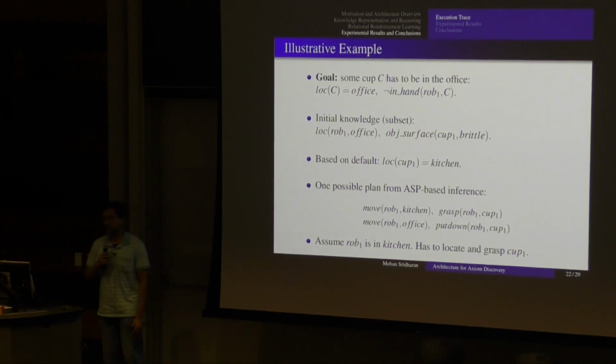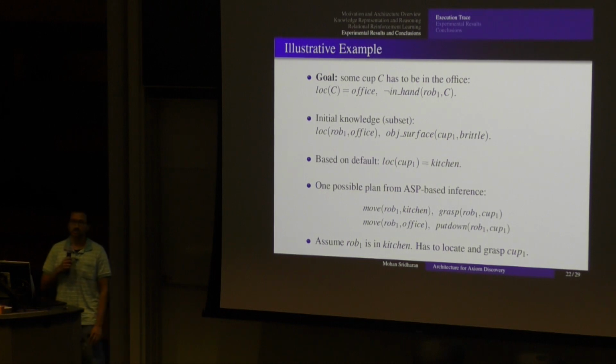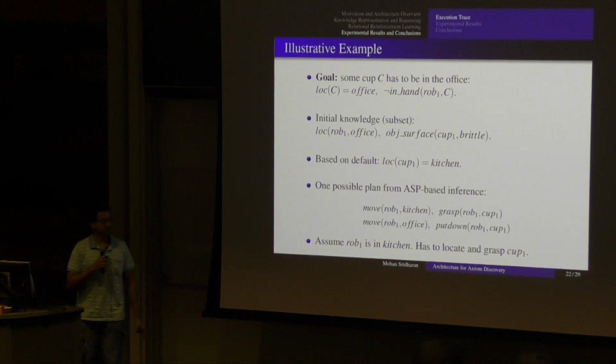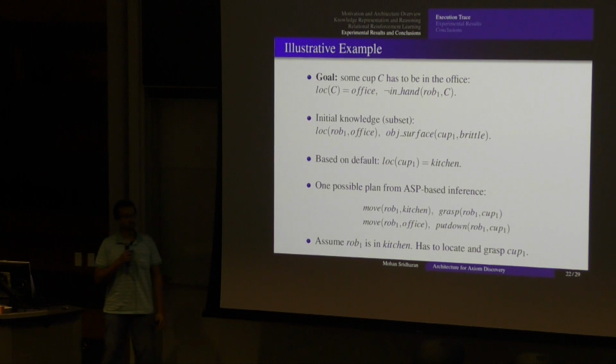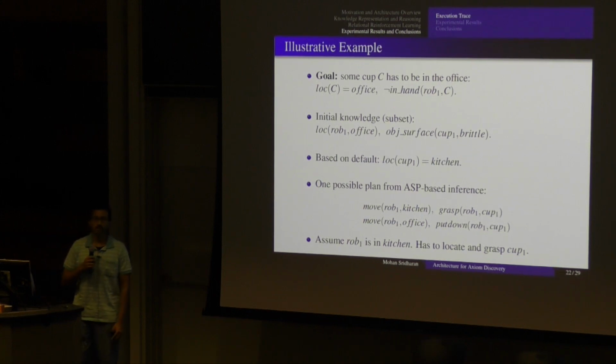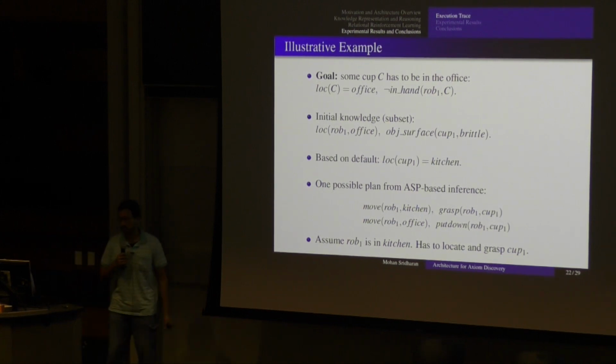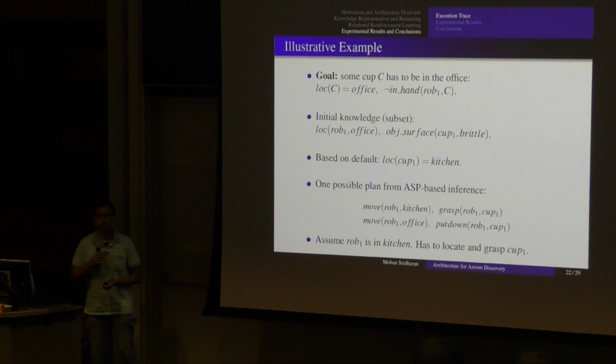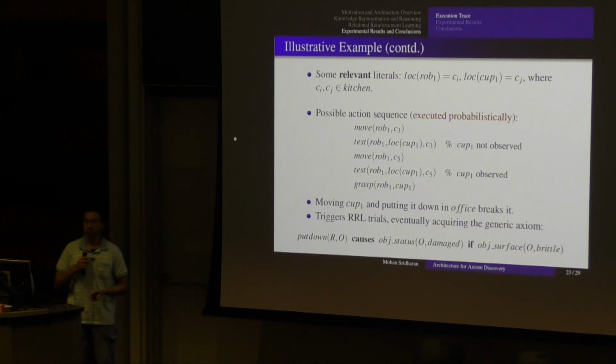And what you do is the robot says, oh, I don't know where exactly there is a cup, but I know that cups are usually in the kitchen, and I know I have 3 cups somewhere. So therefore, the location of the cup is in the kitchen. So the plan is for the robot to move to the kitchen, grasp it, and bring it back to the office and put it down, right? And let us assume the robot manages to go to the kitchen. It still has to grasp it, and grasping requires it to know where it is. So it does some additional perception.